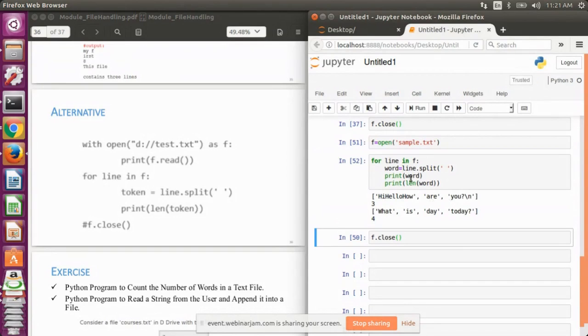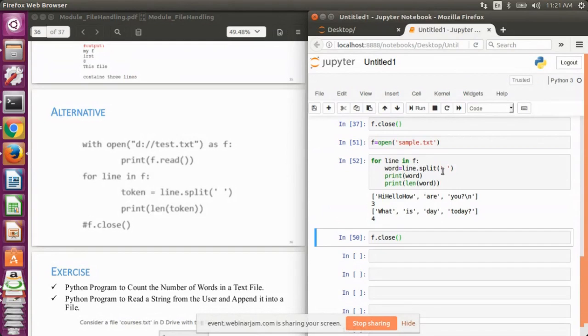So there are 3 words. Then there are 4 words in the second statement. So the number of words that got printed is 4. So the loop is necessary because we are fetching a single line from a file and then we are performing the operation on that line. Fine.